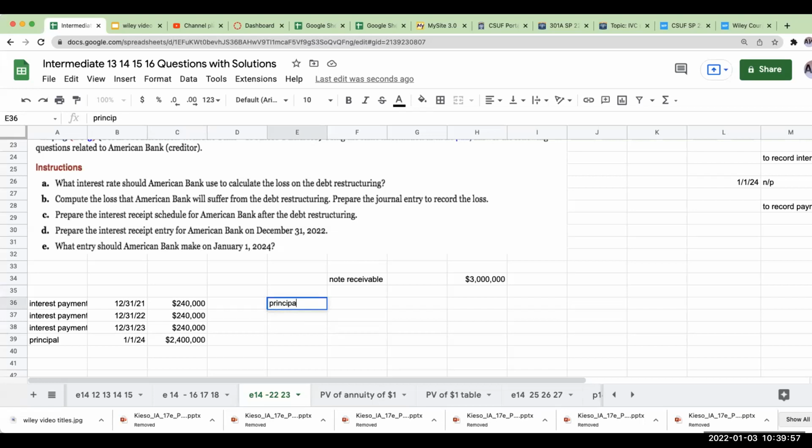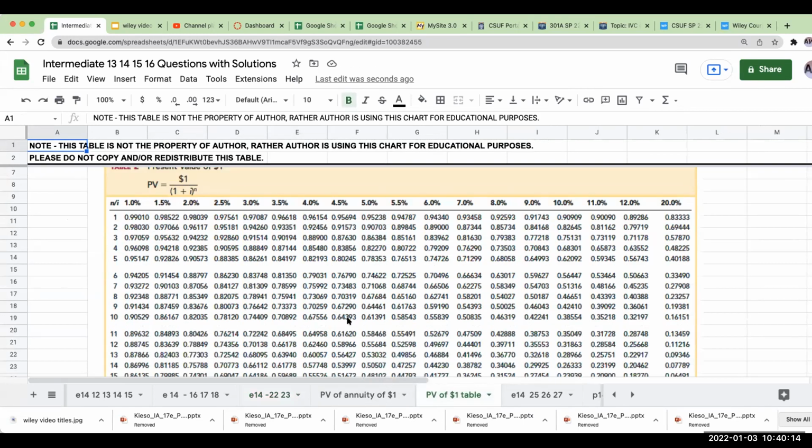For the principal of 2.4 million, to bring it into today's dollars, I'm going to use the present value of $1, 3 periods at 12%. Remember, I'm using 12%, which is the original rate on the note. So I go to my present value of $1 table, 3 periods at 12%, and I get